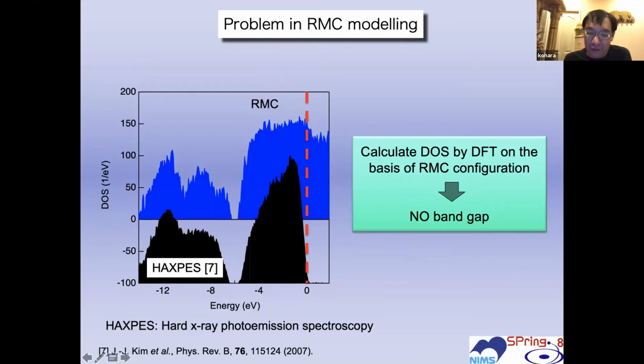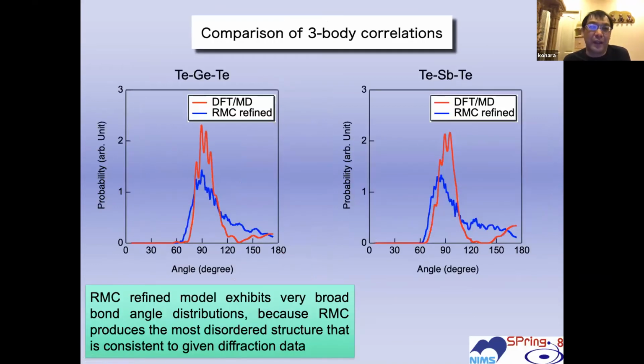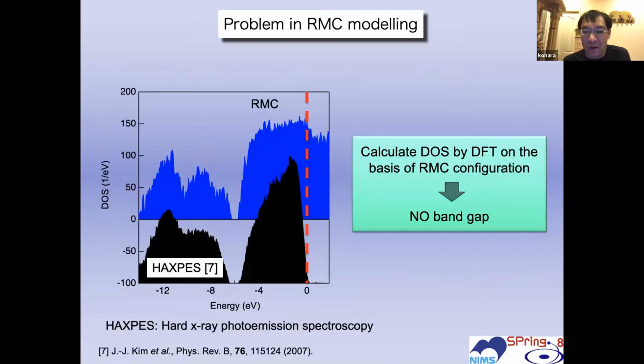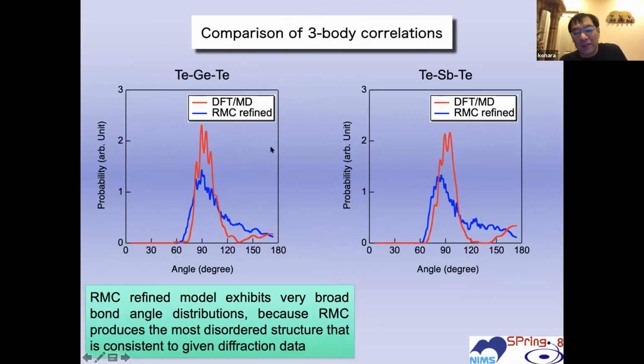This is quite reasonable because in the RMC model, this blue curve, the bond angle is very, very strange in comparison with DFMD. So this broad bond angle distribution is a reason for metallic behavior. Because in diffraction data, we don't have any information for this triplet